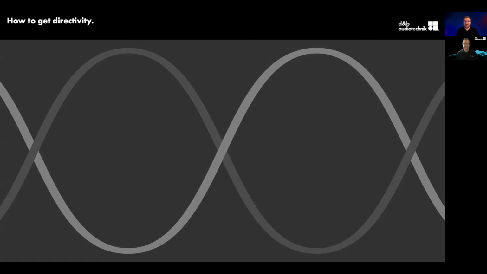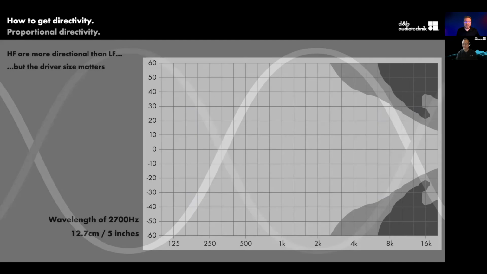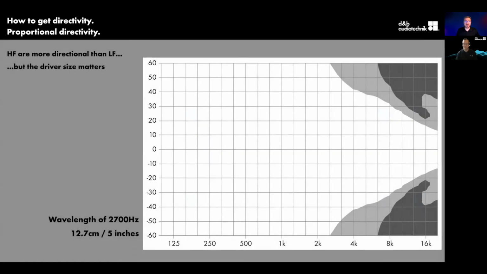One of the most basic ways that we can get directivity has to do with the size of a loudspeaker driver. And it is directly proportional to the size of the driver that gives us pattern control. So if I take a 5-inch driver, it has a wavelength, the size of the driver equates to about 2.7K or 2,700 hertz.